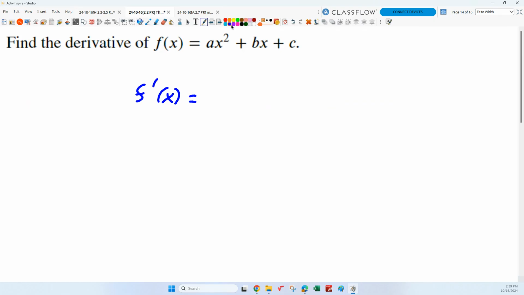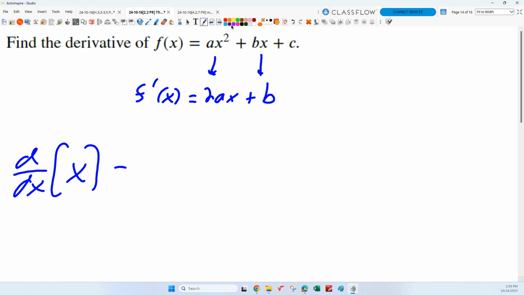What's the derivative of ax squared? 2ax. Yeah. What's the derivative of bx? What is it? Just b. Yeah. Just b. Right? Because another one we could add to our list, the derivative with respect to